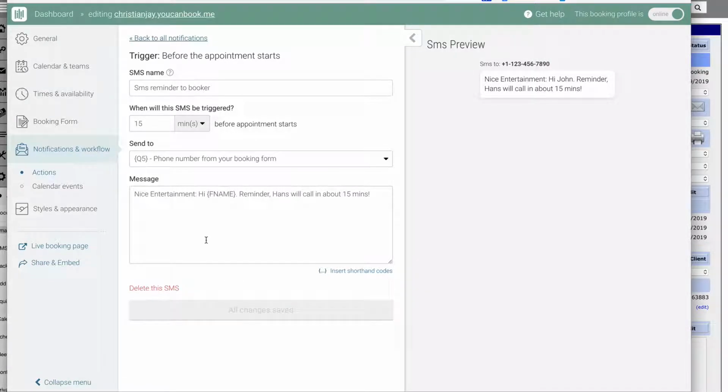And then 15 minutes is just like, hey, reminder that Hans will call in about 15 minutes. So we've played around with having another trust marker built here. The main thing is at this point, we just want them to not forget that they have a call. So a lot of them are working. They might not be able to watch a video or something. You can put something in here, but for now, I would just say it's kind of the same format,